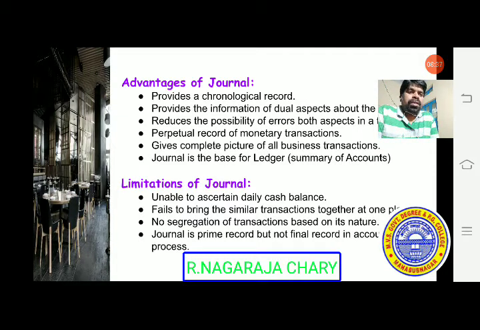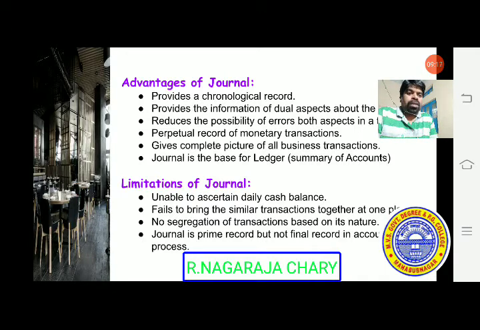So in a journal, the day to day transactions that we discussed earlier are recorded. Because it is a chronological record, whatever the transaction is, it is recorded in the journal date wise. In a day there may be 10 transactions, and those are recorded continuously, transaction to transaction, day to day, week to week, monthly. Like that all the transactions are recorded in a journal.